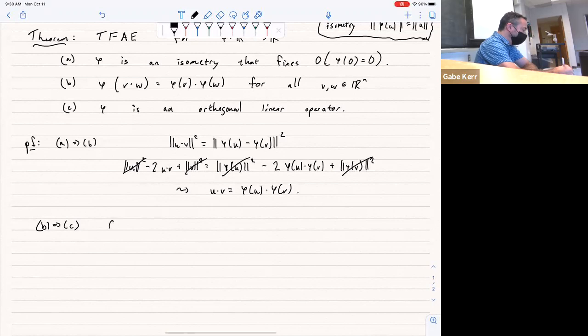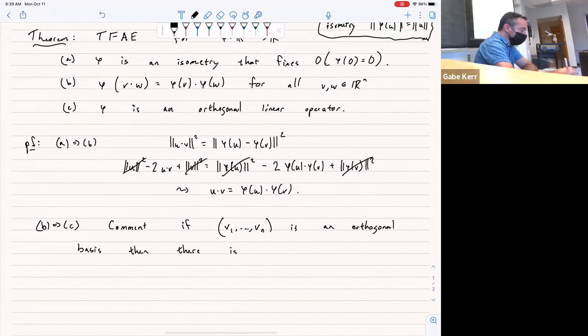First comment: if B1 through Bn is an orthogonal basis, then